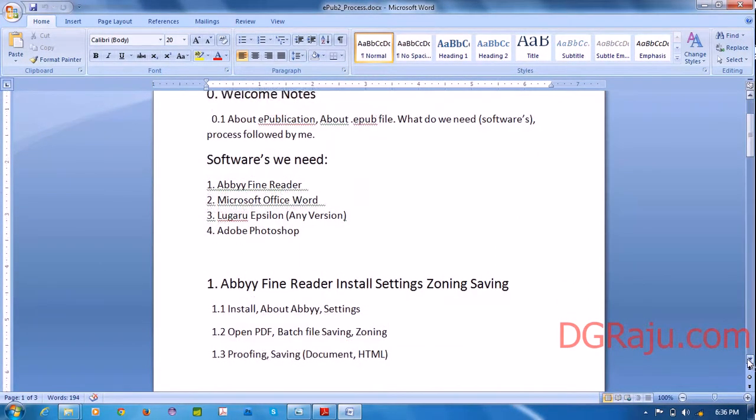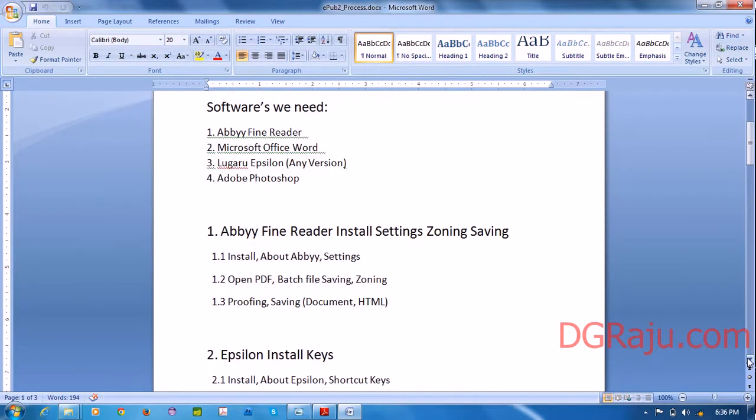I have divided the total process of PDF to EPUB into 9 parts. Before that, we have to know which software we have to use.